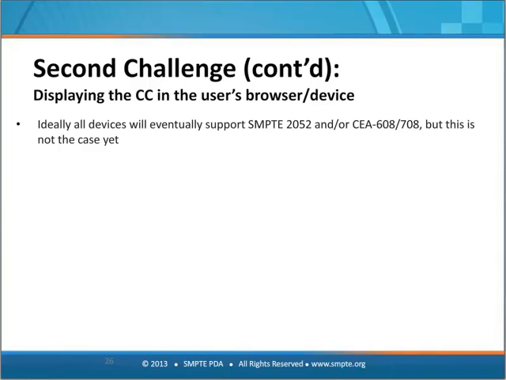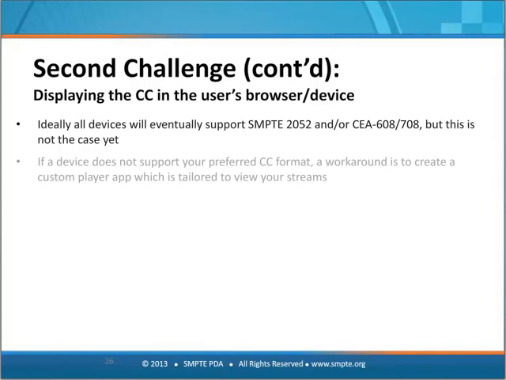And I hope those developers understand that if you're not doing SMPTE 2052 and you're not doing 608, 708, you're not covered by that FCC safe harbor provision. So if the captions don't work, you could get in trouble over that. Whereas if you use SMPTE time text, my interpretation is that even if things are not perfect, you're considered in that safe harbor provision and you won't get in trouble.